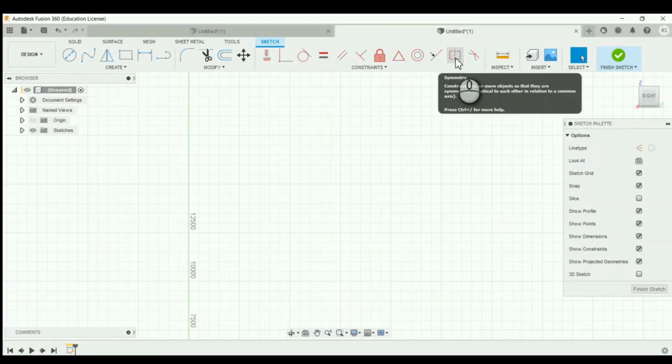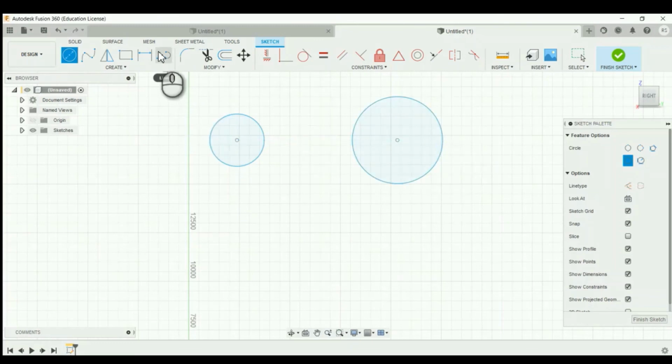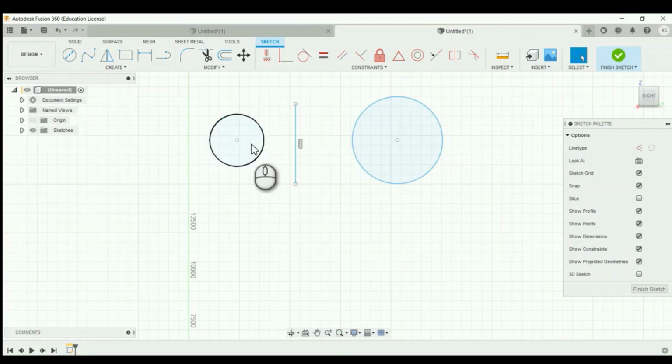First create a circle, create another circle, and create a partition line. Here the spaces between the line and the circles are different from each other, so we can assign a symmetry constraint.